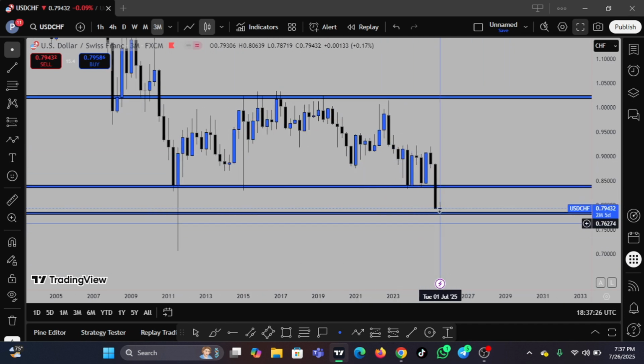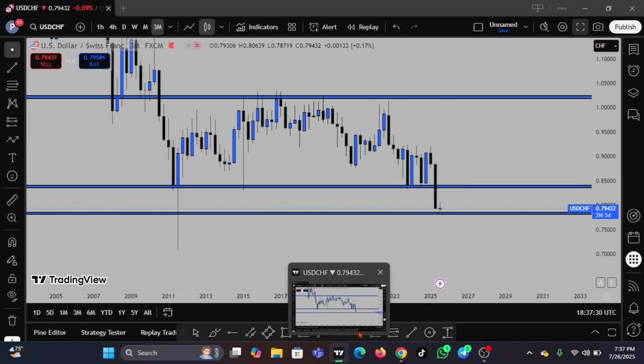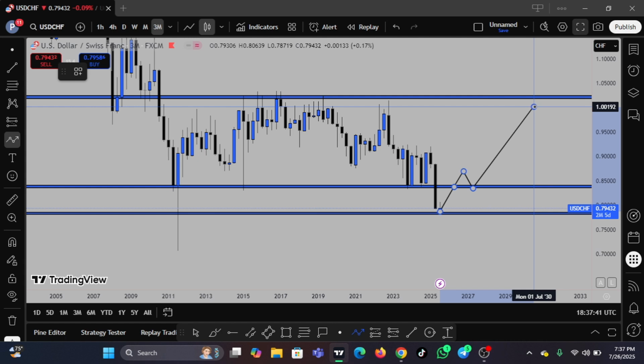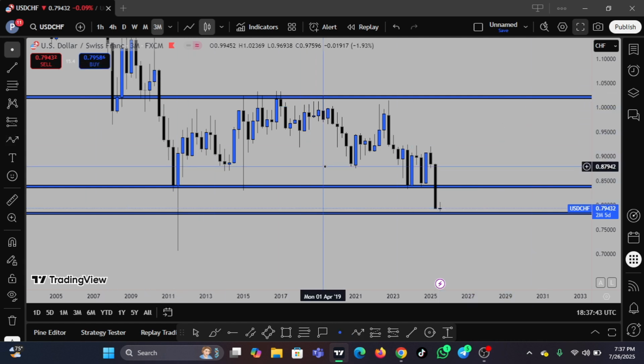candlestick on the 3-month chart. For this, of course, we should expect some kind of retracement back up. I'm expecting some kind of retracement back up before we may have any further downward movement, or perhaps price may dip back inside and then we may change structure. So from this point here, I'm looking to capitalize on a retracement. Yes, I want to see retracement. Price cannot just keep going heavily to the downside. You can see for the first month here now, price stalled.